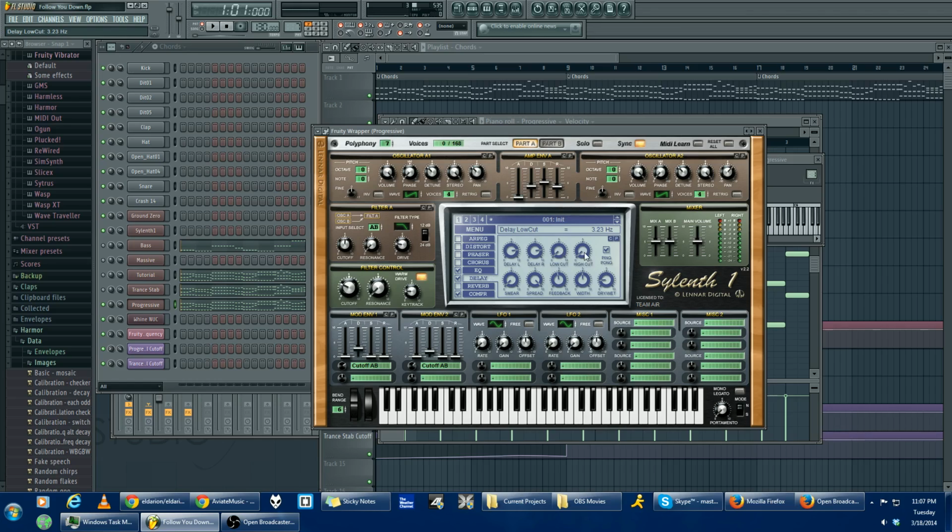Alright, the low cut is going to be 3.23, high cut is 21,120 Hz. No smear, max spread at 100%. Feedback, you can play with this, 47.14% sounds about right. The width, I put it dead middle, and I made it just a little bit wet, 14.76%. Alright, that's it. That is what I made for the intro of Follow You Down,